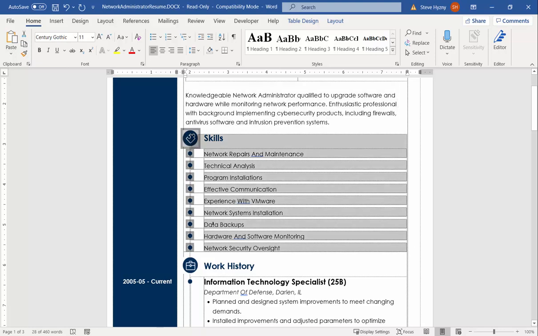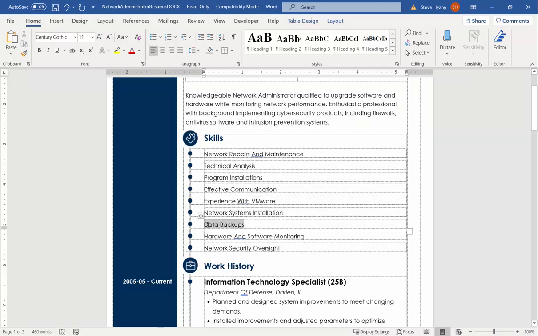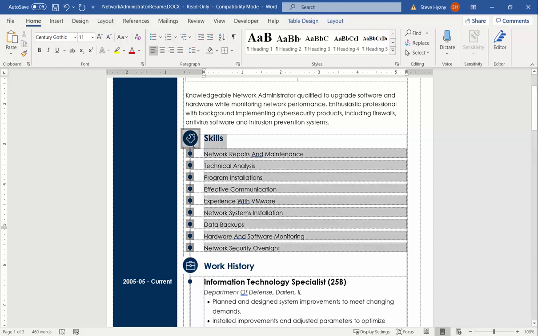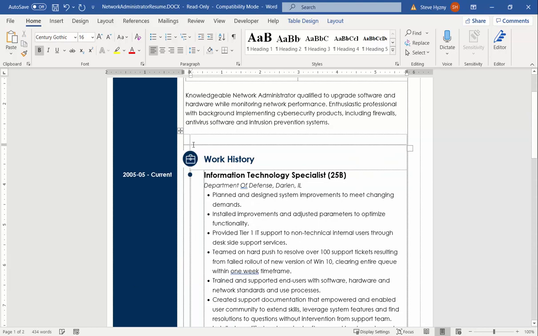You have a skill in data backups. Okay. I have no idea what that means. And if we were live in class, I'd be going, hey, Chris, what does a skill in data backup require? Or what does it actually mean? All right. And network security oversight. Okay. No. All right. So this goes, at least the way I do it.